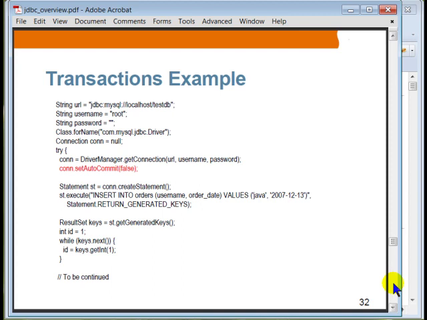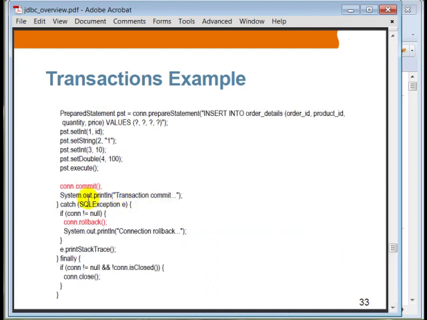Okay, so this is an example of a transaction. Here I'm setting auto commit to false, meaning I want to perform my own transactional behaviors. Okay. So here, if I want to commit